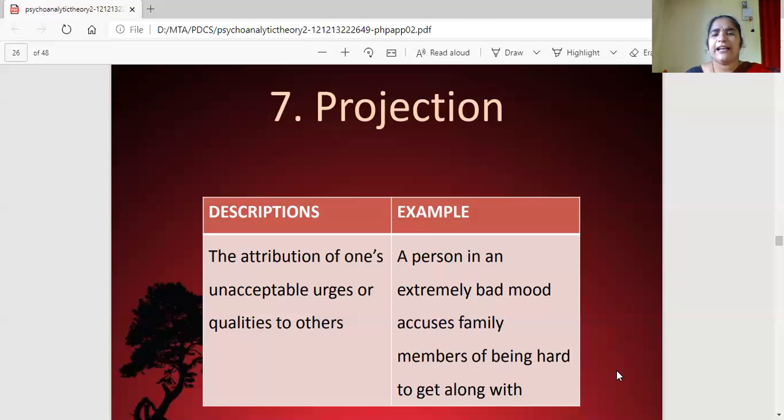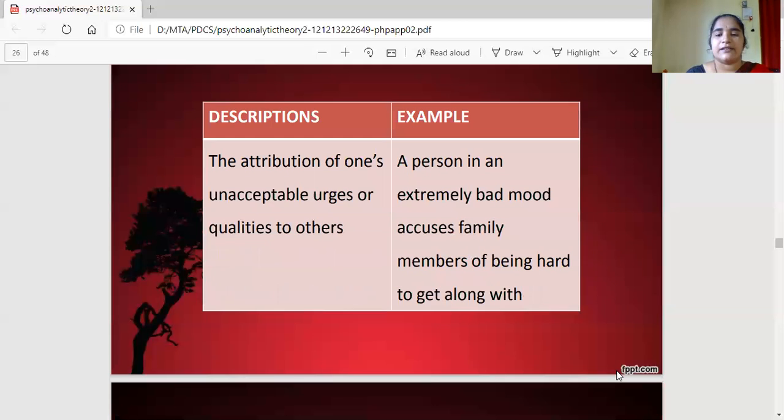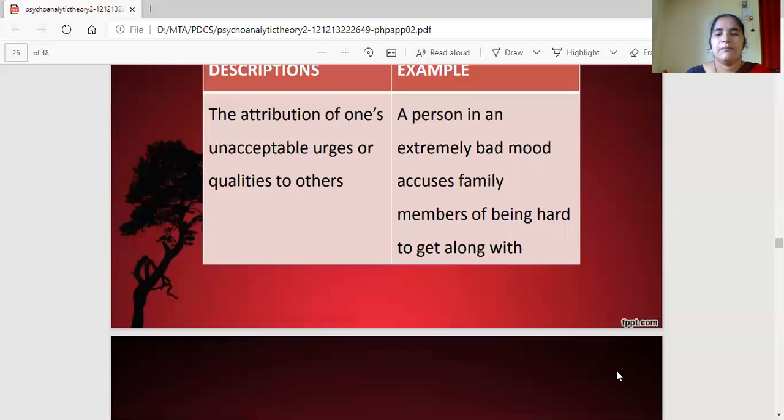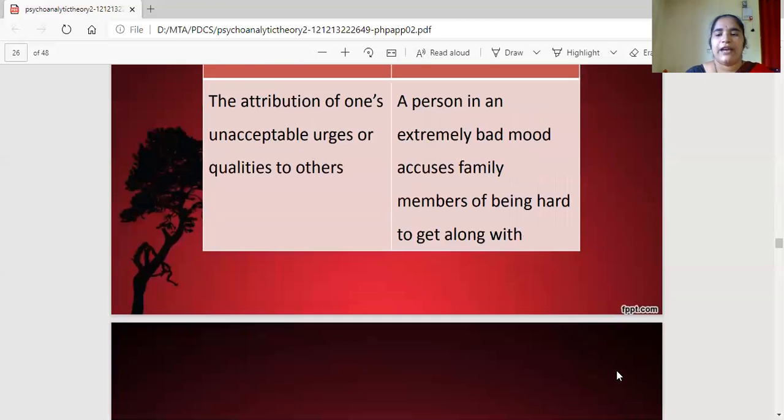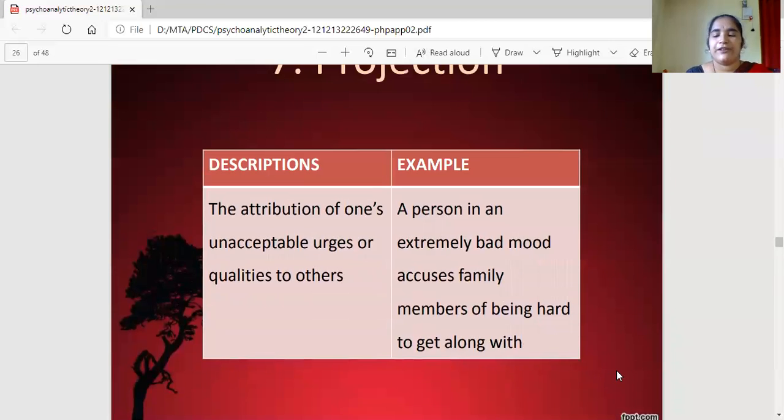So you are saying that I am in a bad mood because something happened yesterday or in the morning, otherwise I am a very good person. So you are not taking the responsibility of your behavior. You are trying to project it to somebody else. So this is a defense mechanism, that is projection. Okay. So we have seven defense mechanisms which the ego tries to build,